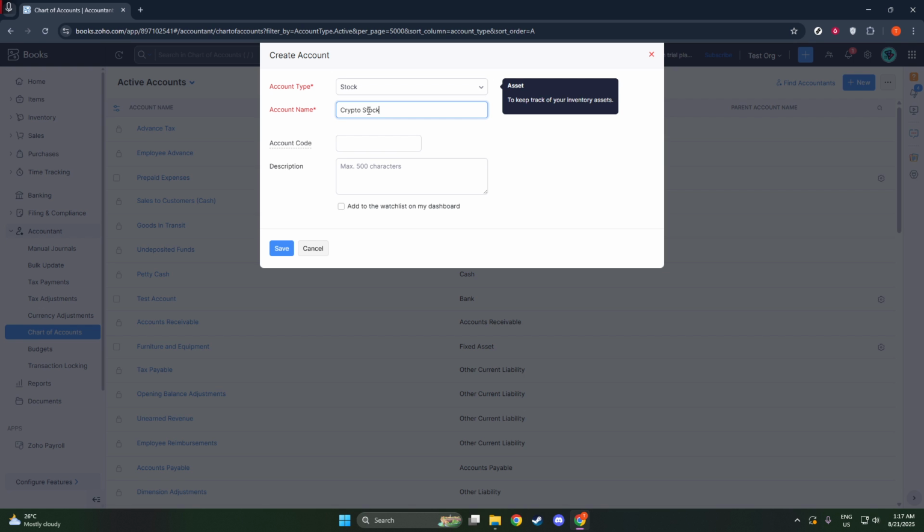And remember, it's vital to create each account with the correct type and detail because this will influence how transactions are recorded and reported. To enhance your tracking and reporting capabilities, it's beneficial to organize sub-accounts under these main categories. By creating sub-accounts, you can achieve a more granular view of your finances, ensuring that even the smallest details are neatly accounted for. For instance, under a main account like expenses, you could have sub-accounts for utilities, rent, and office